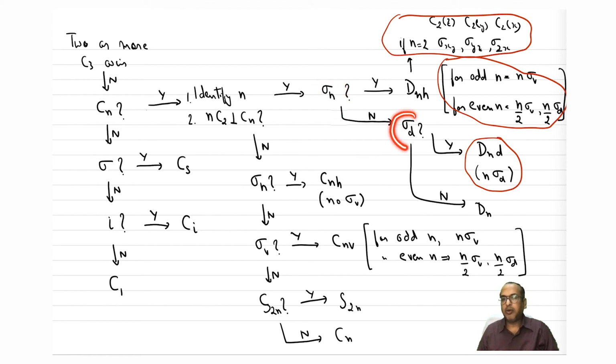Here you're worrying about if there is no sigma h, then any sigma that is present can be called sigma v or sigma d. Again, it does not matter how you classify, but it will be called sigma d because there are n C2s perpendicular to Cn. That's why it is called sigma d. This is a dihedral condition, so that's why there is a sigma d present.